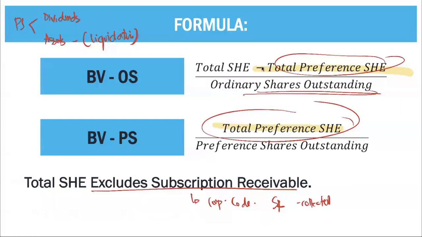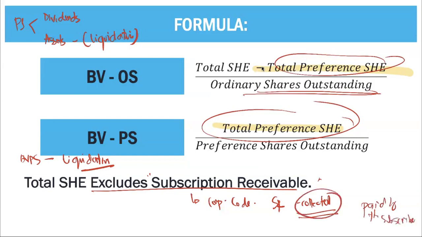Take note, when we are computing your book value per share, we are looking into the possible amount that we will receive in case of liquidation. And now, under the law, if there is a subscription receivable, this must be first collected. In short, it must be paid by the subscriber. Then, if we assume that it must be collected and paid by the subscriber, therefore our subscription receivable should be zero. That's why we need to exclude your